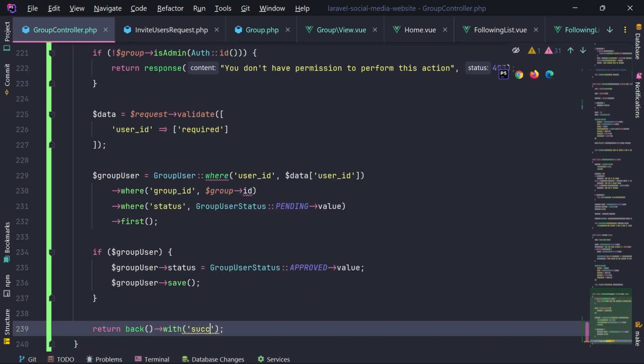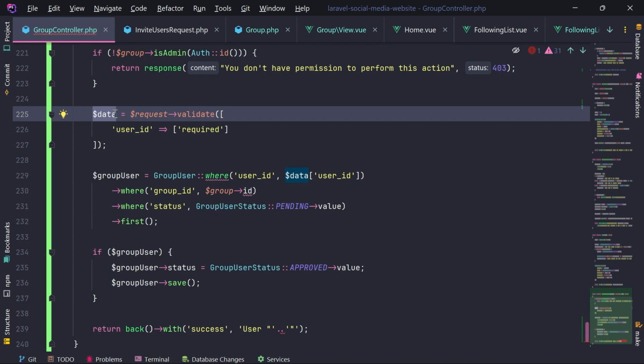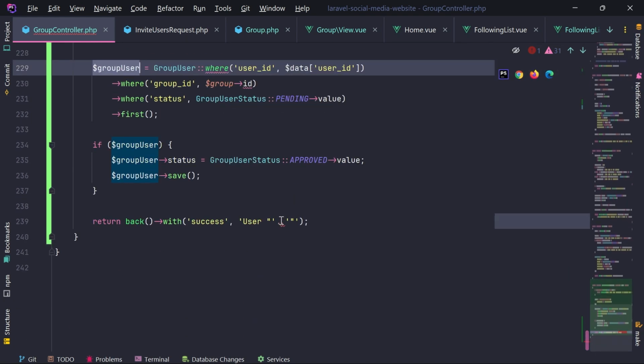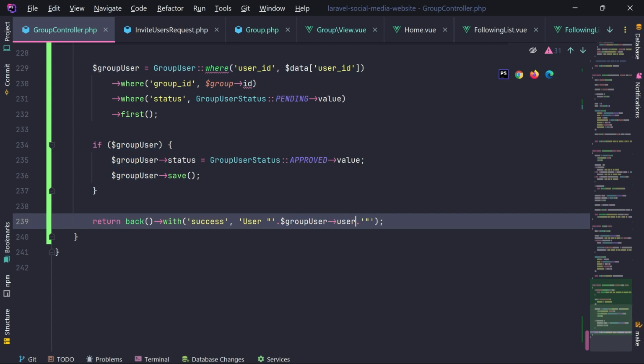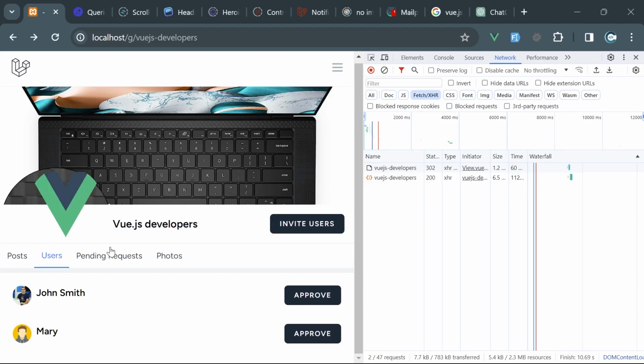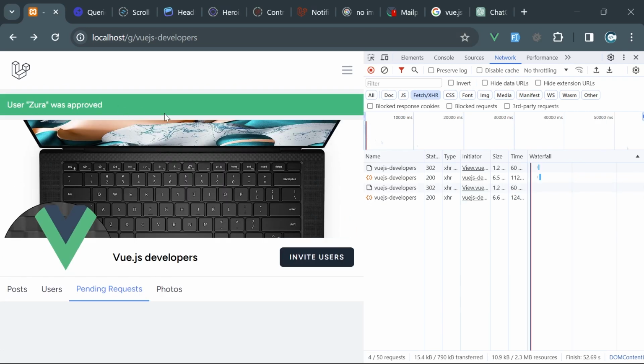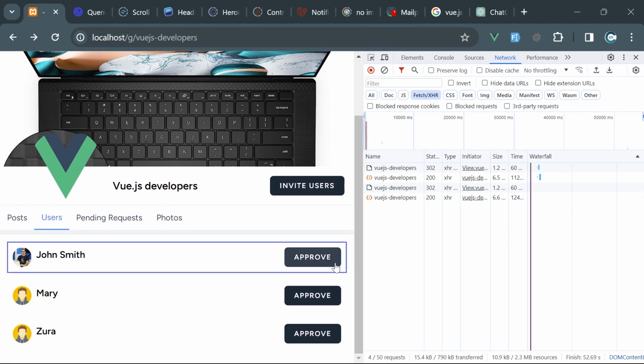I think we need to just return with a success message. Approve with success user, whoever. This is going to be this user. By the way, we don't have the name of that user, but we can access this from group user, user name. User Mary was approved, something like this. So in this case, I have another pending request. I'm going to click on approve, and I see the message user Zura was approved, and I see all of them in the users section,